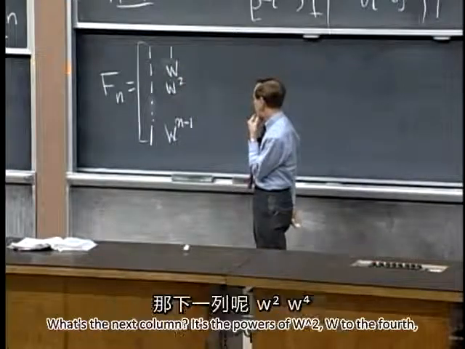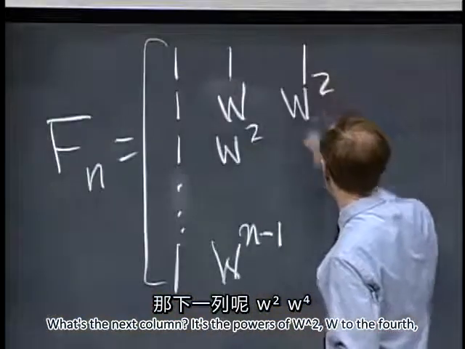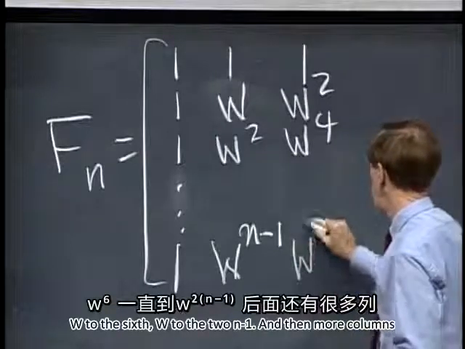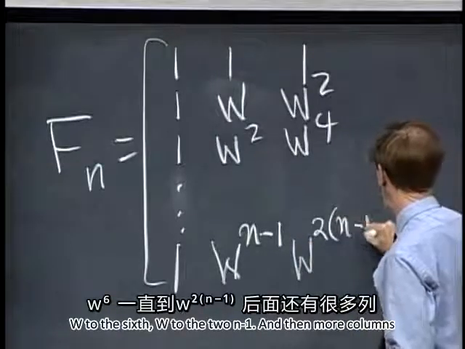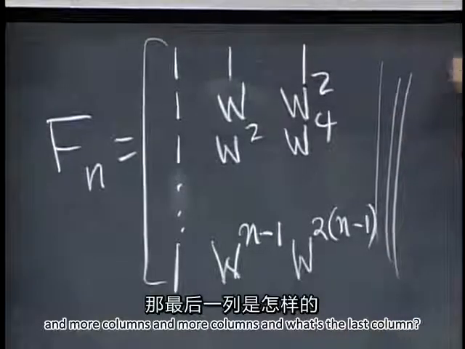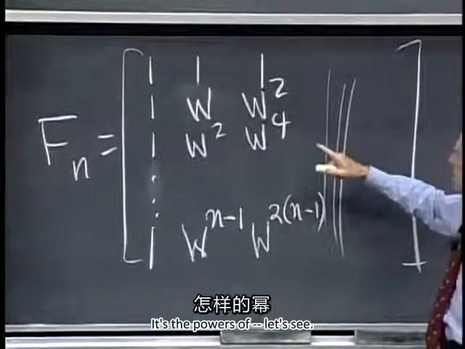That's the column. What's the next column? It's the powers of w squared, w to the 4th, w to the 6th, w to the 2(n minus 1). And then more columns and more columns and more columns. And what's the last column? It's the powers